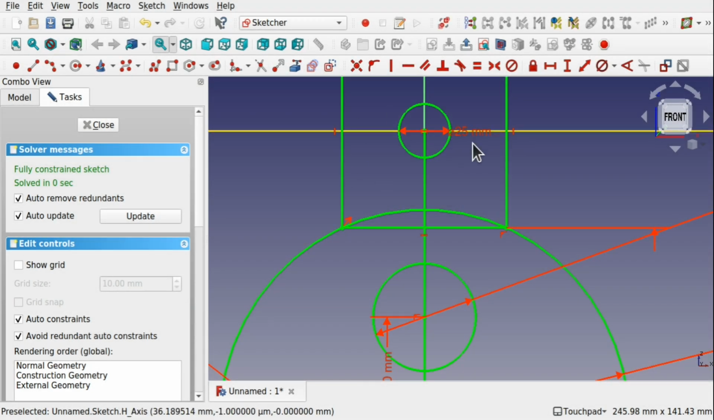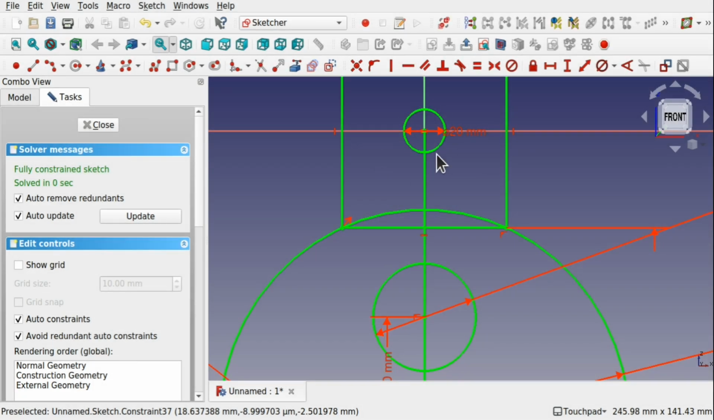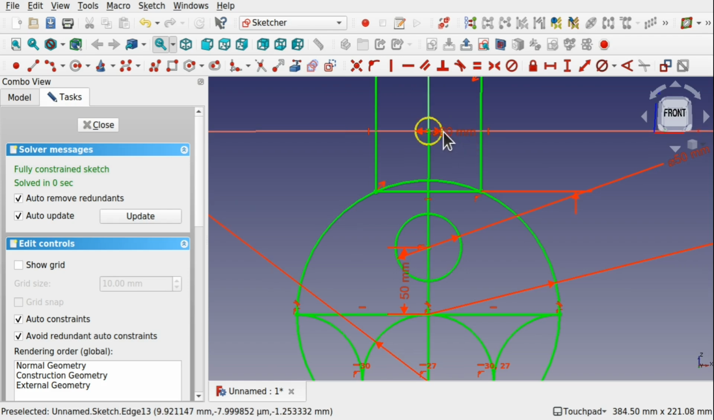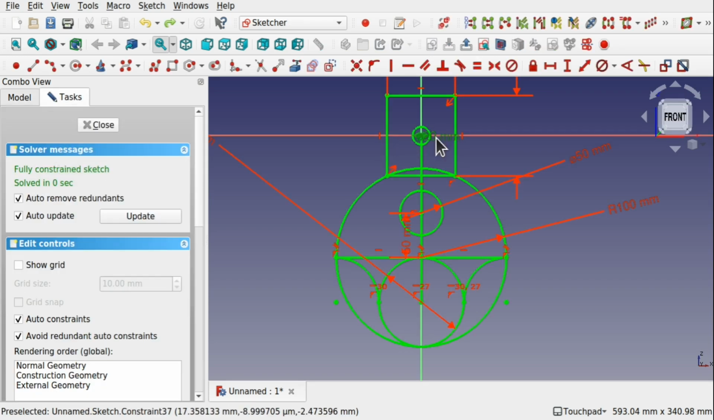So this is the beauty of having a master sketch. We can actually play with the dimensions. So 20 mil for a pin does seem a bit big, but we'll go for that for the time being. Let's close that. Got the pin that goes through there. Got this line here, which is the connecting rod. I may move this pin down a bit, so let's delete this